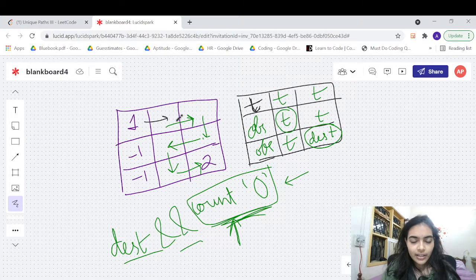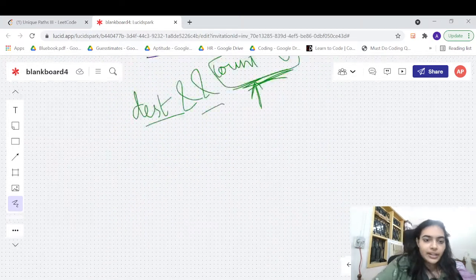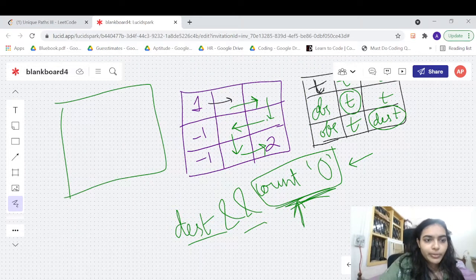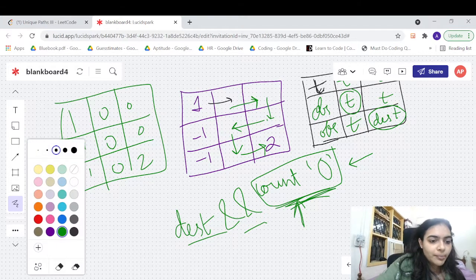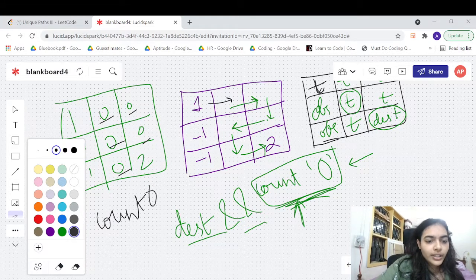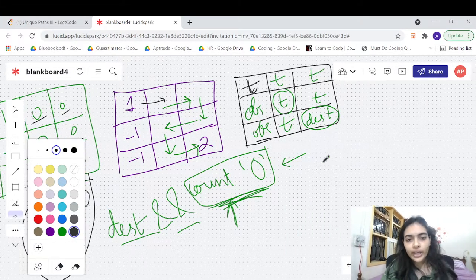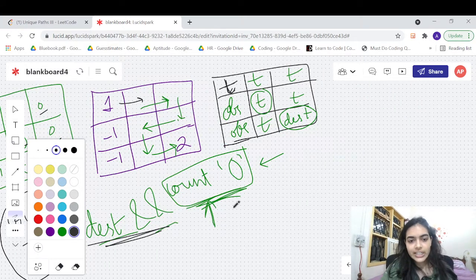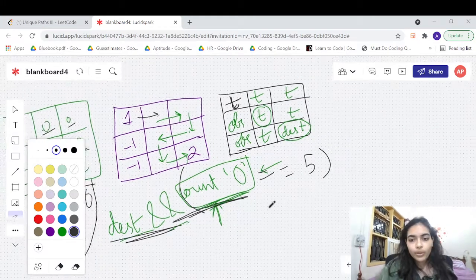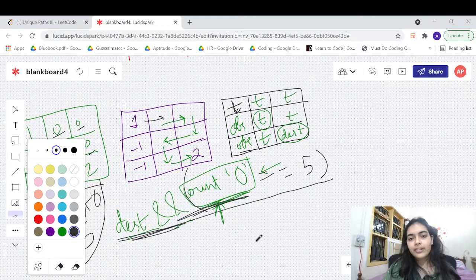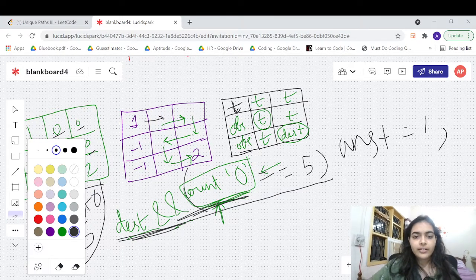So initially this is the input matrix, right? You have 1, -1, -1, 2, and all these cells are 0. This is the input matrix. So you keep a count of 5: 1, 2, 3, 4, 5. So the count of 0 is 5. Whenever you are going along the path and you hit a destination cell and the count of 0 is also equal to 5, right? When both conditions are true, you know that you have hit a correct path. So you can increase your answer by 1. This is a simple logic.